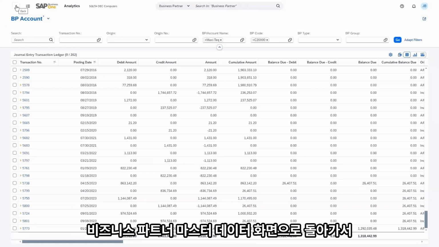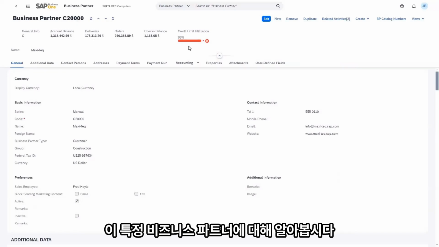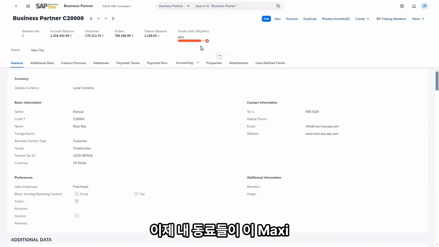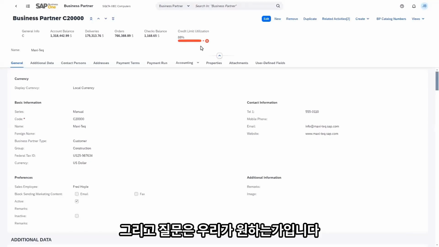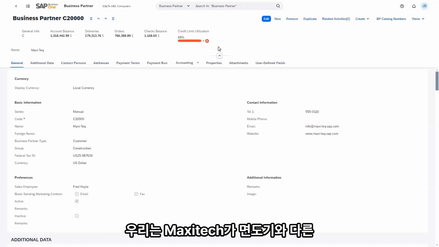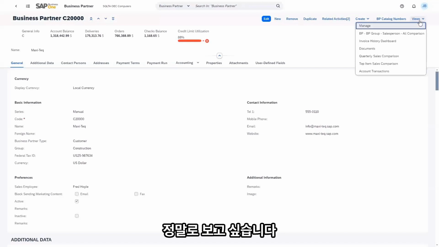Let's go back to the business partner master data screen. And we notice that for this particular business partner, he's used 88% of his credit limit utilization. Now, my colleagues have told me that Maxitech wants to place another order. And the question is, we're getting close to 100% here. Are we happy with allowing Maxitech to raise another order? So in order to do that, I really do want to see